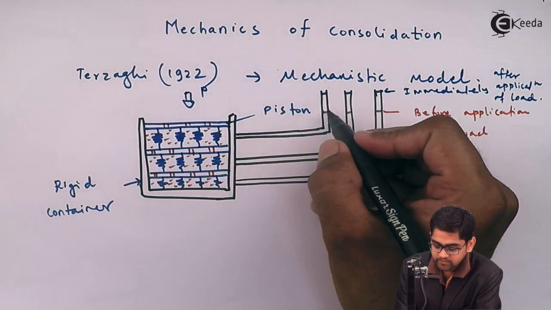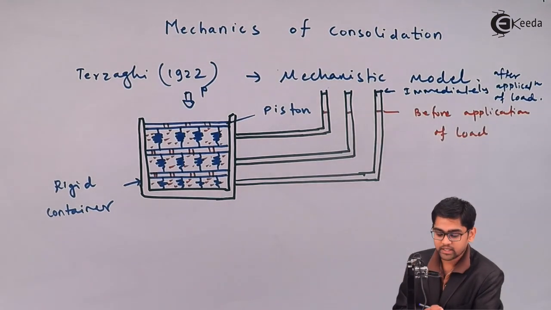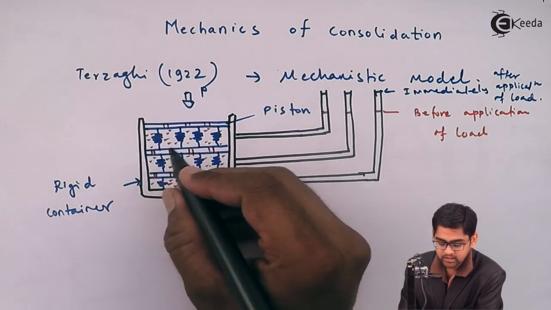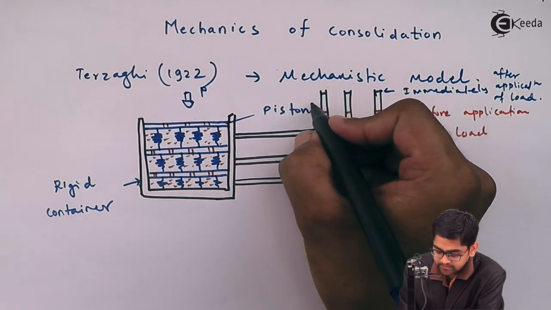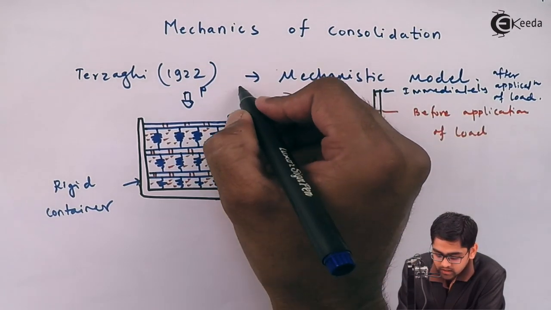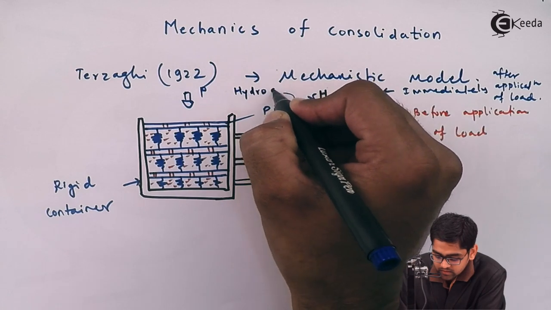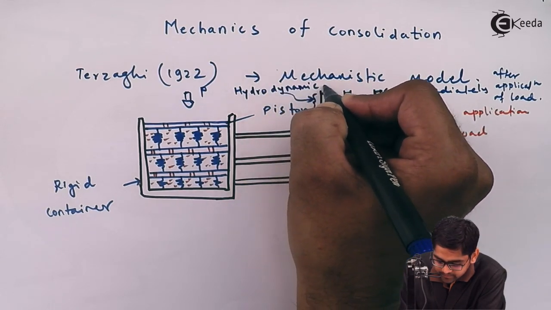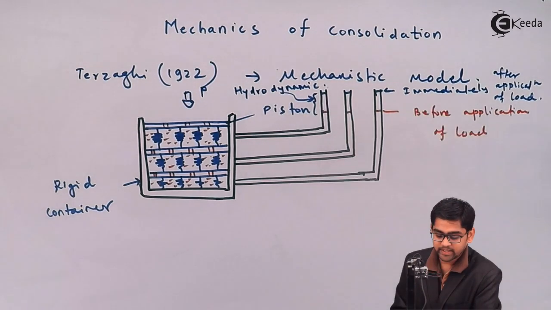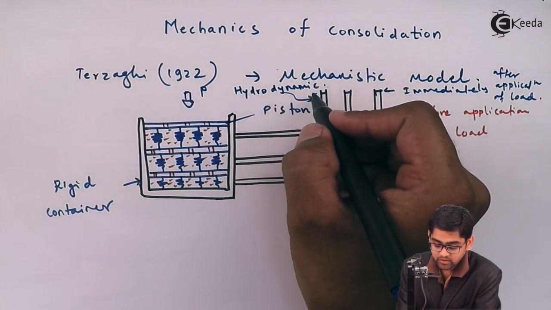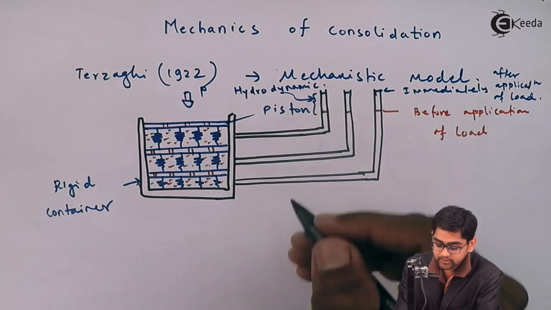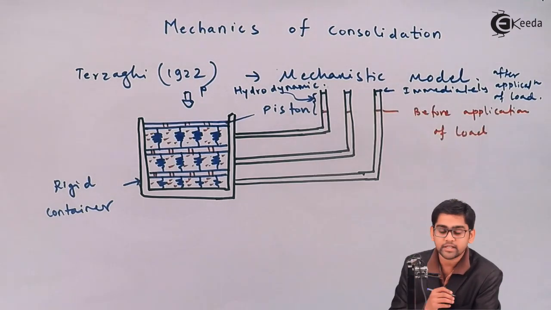Once he applied the load, there would be an increase in the pore water pressure in this container. This rise in the level, we call it hydrodynamic, because of the nature of the application of the forces. It has increased, since there would be an increase in the total head,